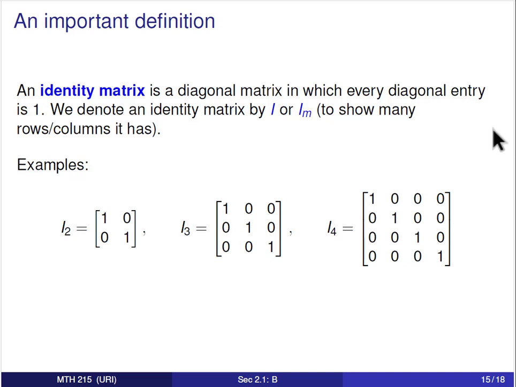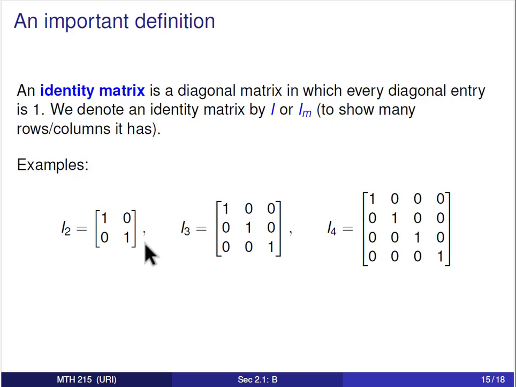Okay, this leads us to our last definition for the video. An identity matrix is a diagonal matrix in which every diagonal entry is 1. Remember, if it's a diagonal matrix, it has to be a square matrix. There has to be the same number of rows and columns. Every entry that is not on the main diagonal needs to be 0. And an identity matrix adds the next condition that every entry that is on the main diagonal is equal to